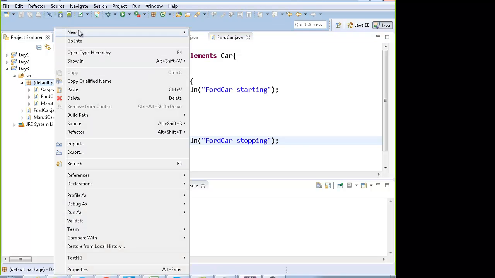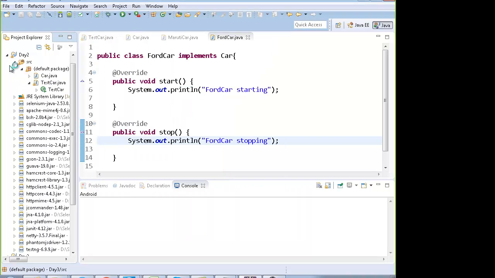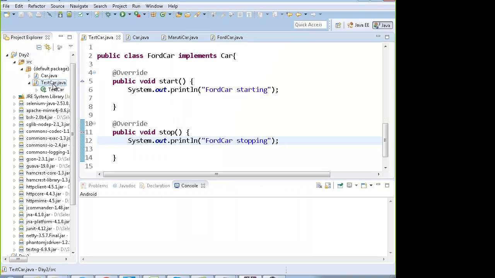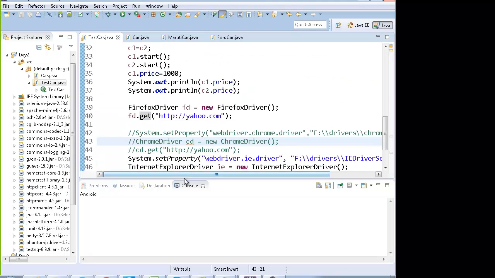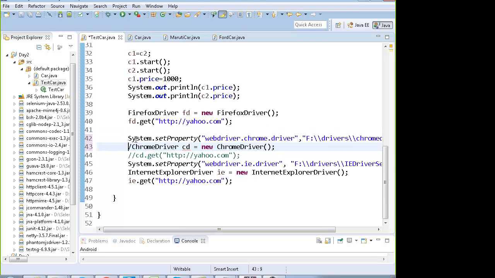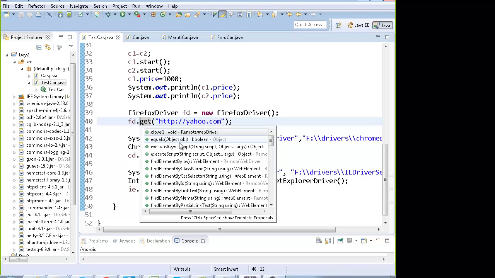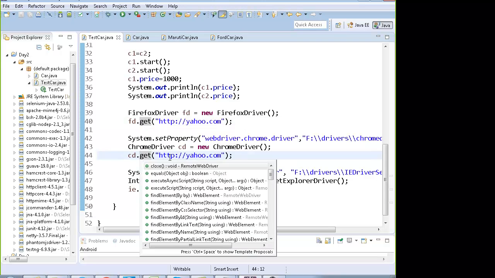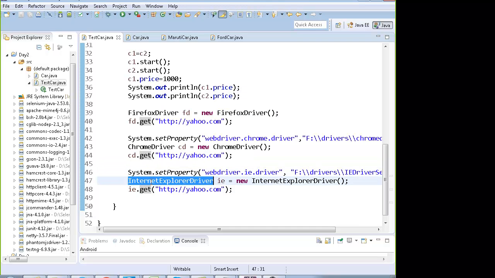If I make a new class over here, or if I go to the previous class, open testcar.java, which we had made, we had these three drivers, which I had told you that day: Firefox driver, Chrome driver and IE driver, right? The functions in Firefox driver, the same functions will be there in Chrome driver, and the same functions will be there in IE driver, because all these three classes